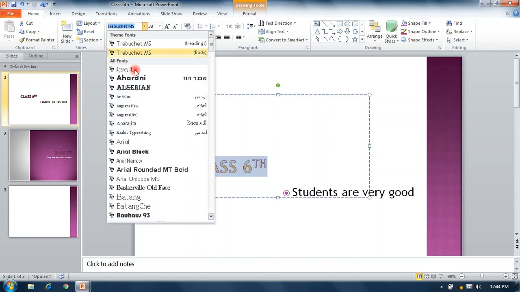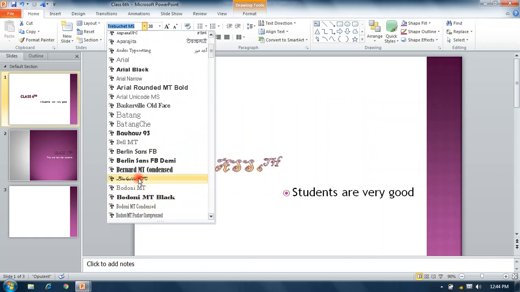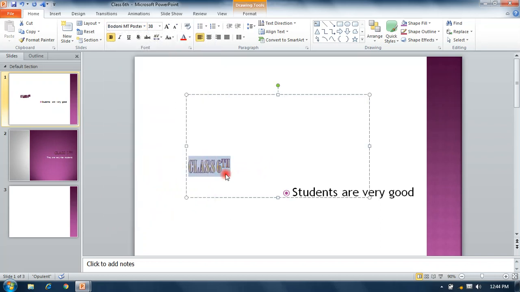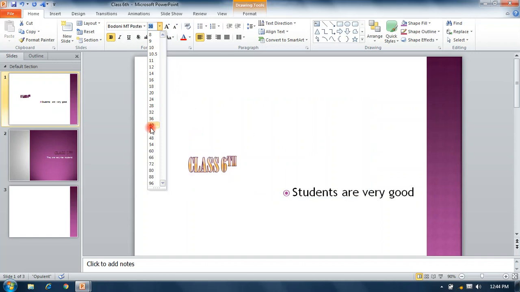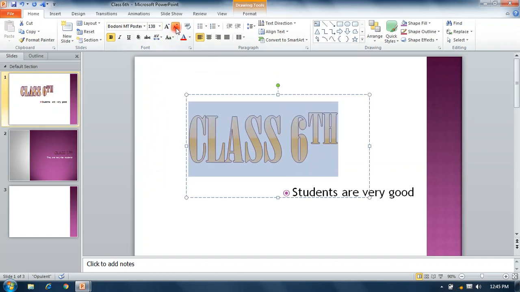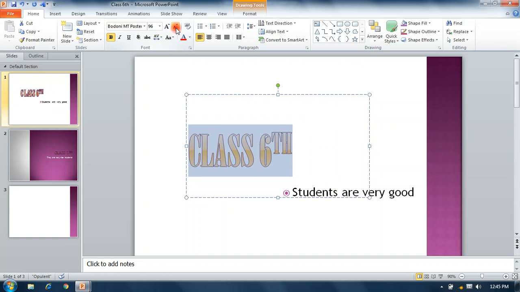From there we can change the font style as per your requirement. From this we can increase the font size as required. These buttons also grow and shrink the font size.